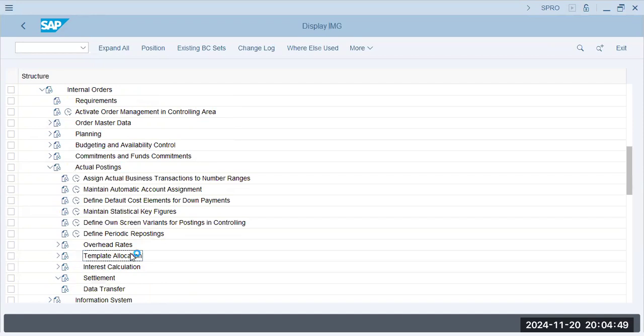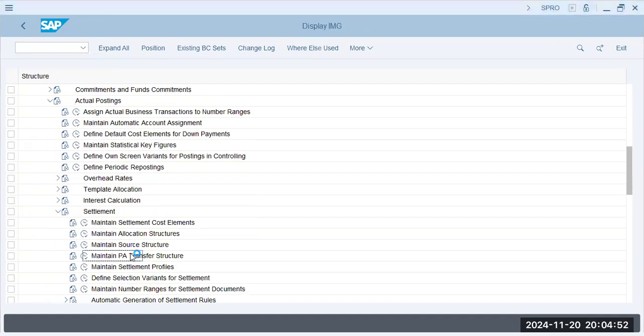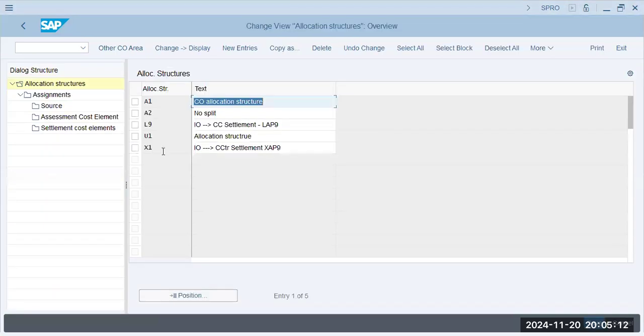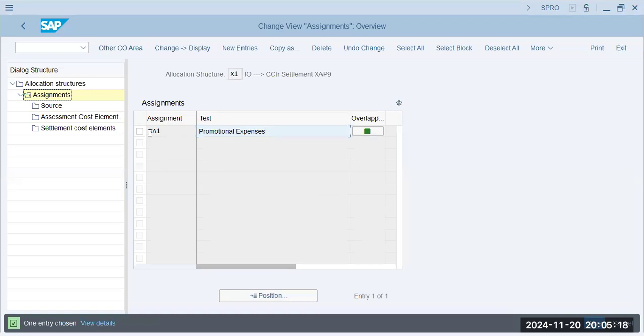The internal order will get the entries and maintain the allocation structure. How will it settle to various cost centers? Okay, that has to be decided. Allocation structure. Okay, we have X1 for ZAP 9. Assignments, double click, promotional expenses, XA1. Okay, and